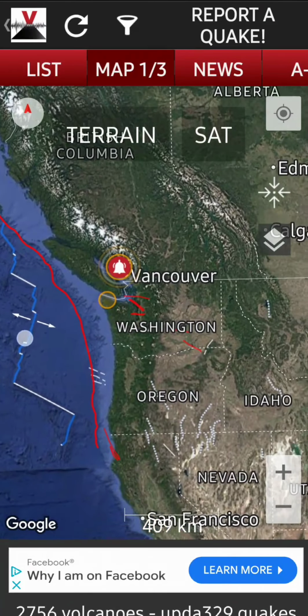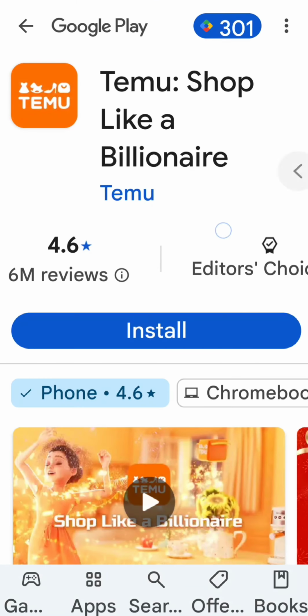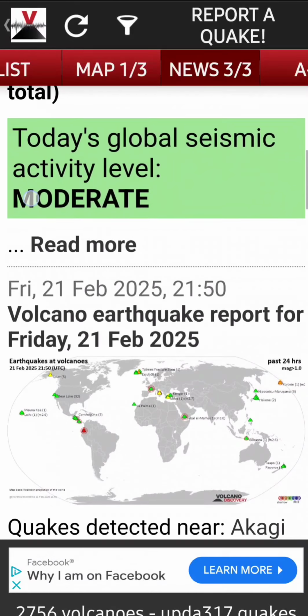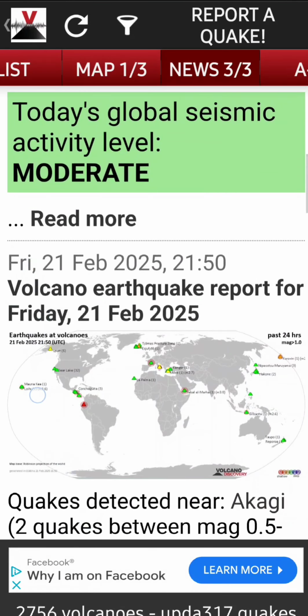All right, so let's take a look at this. So Texas, we've got activity there. But when you look at, so that's why I like to use multiple maps, because a lot of them will give you a different kind of look, and you've got to go through these little silly ads that keep popping up. Okay, that's the only thing I don't like about these apps. But okay, so let's see what this one's saying. Volcano earthquake report Friday. That's volcano. But let's see if we can open this up. More of these goofy ads. Okay, cut that out. Okay, it's not gonna let me blow that up, but